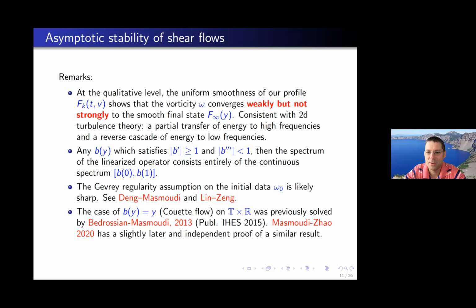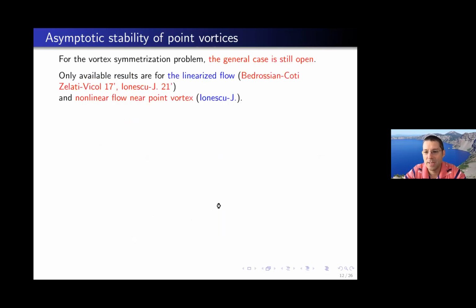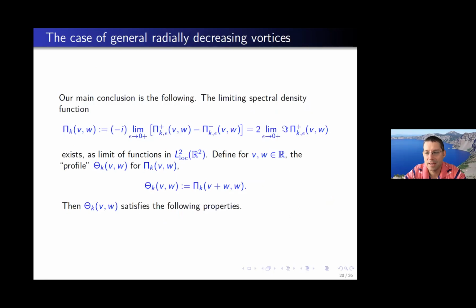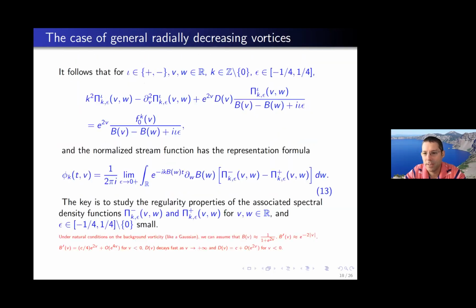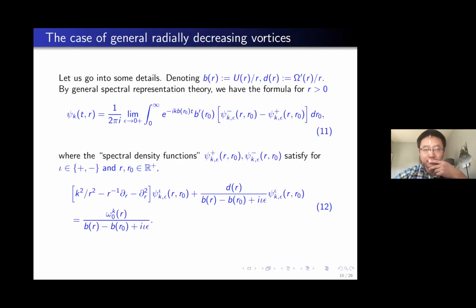I want to ask one more. Okay. So that's about the second part of your talk. You assume that the vorticity is radially monotone, right? Yeah, radially decreasing. So that means it's zero at infinity, and then it becomes negative and decreases, right? Right. So vorticity is like a Gaussian function. Sorry, I mean, it becomes positive. Yes, right. It doesn't matter because it just changes the direction of rotation.